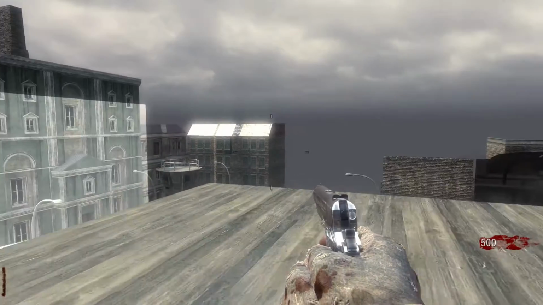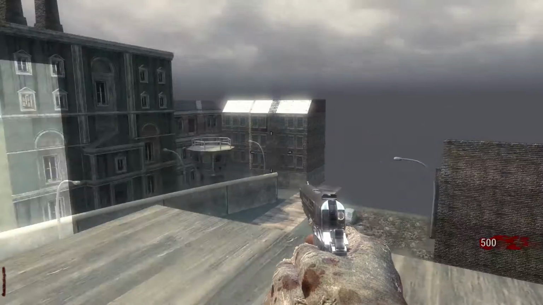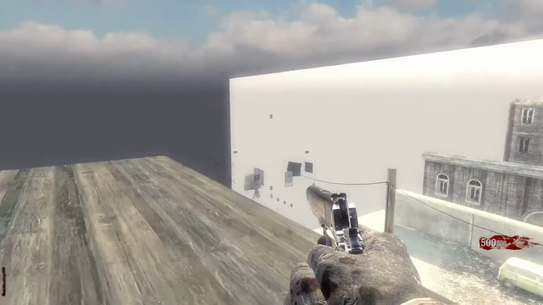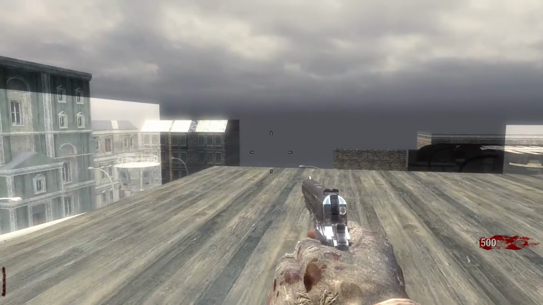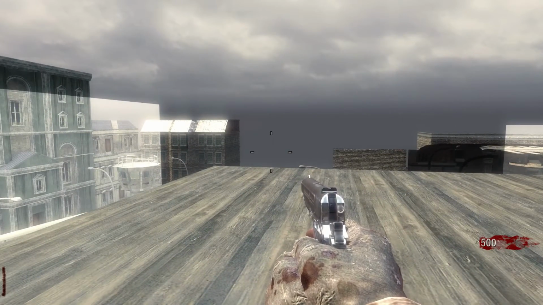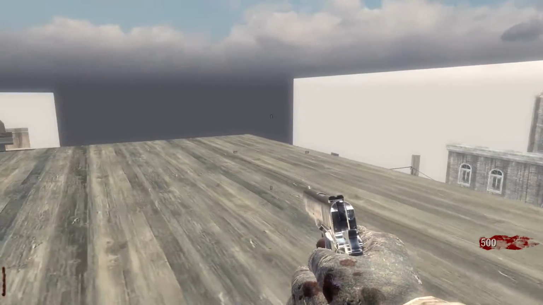It's Ginboo here, and today I'm going to be showing you guys Kino Der Toten from a different kind of perspective. I'm going to be using console commands in Black Ops to turn on Noclip, and I want to just fly around Kino Der Toten, give you an idea of what the map looks like